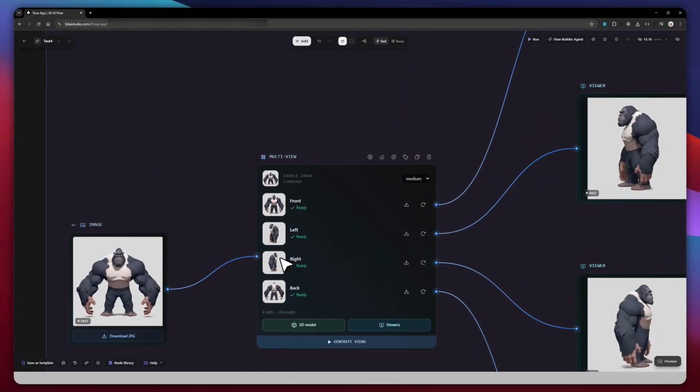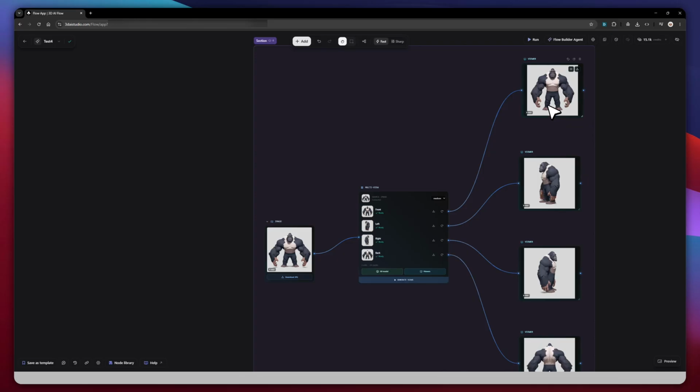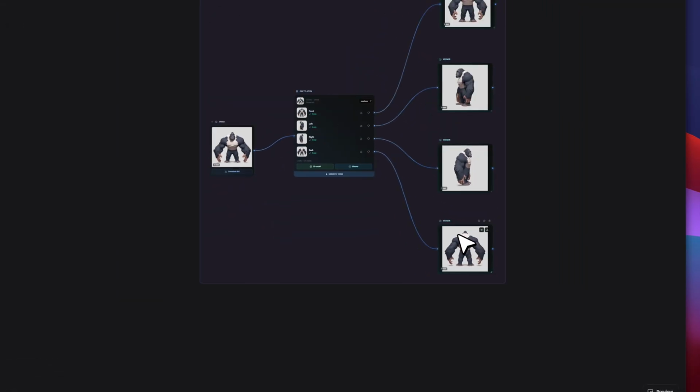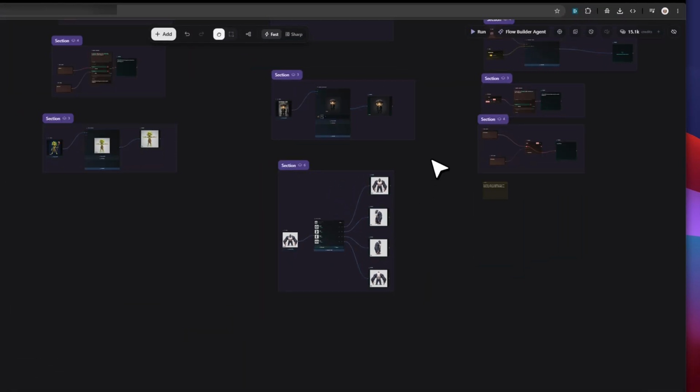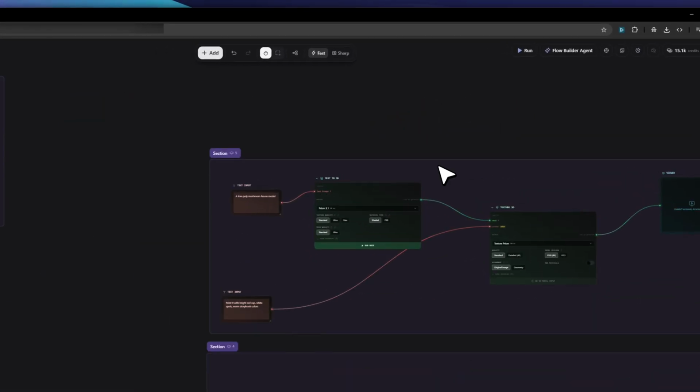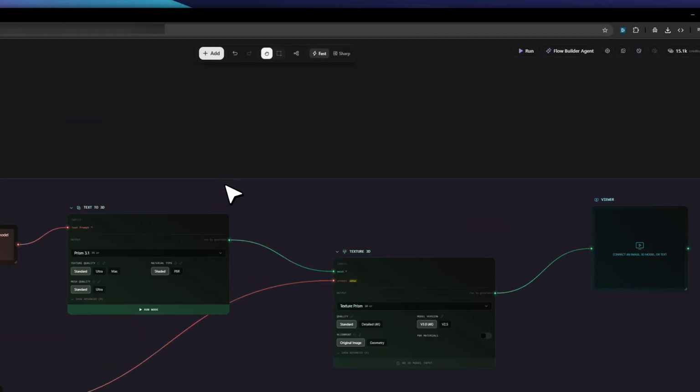So it just inputs an image, outputs 4 different views, front, left, right, and back, so you can do whatever you need with those. Next one, we have the texture 3D node, which basically retextures or textures a 3D model,